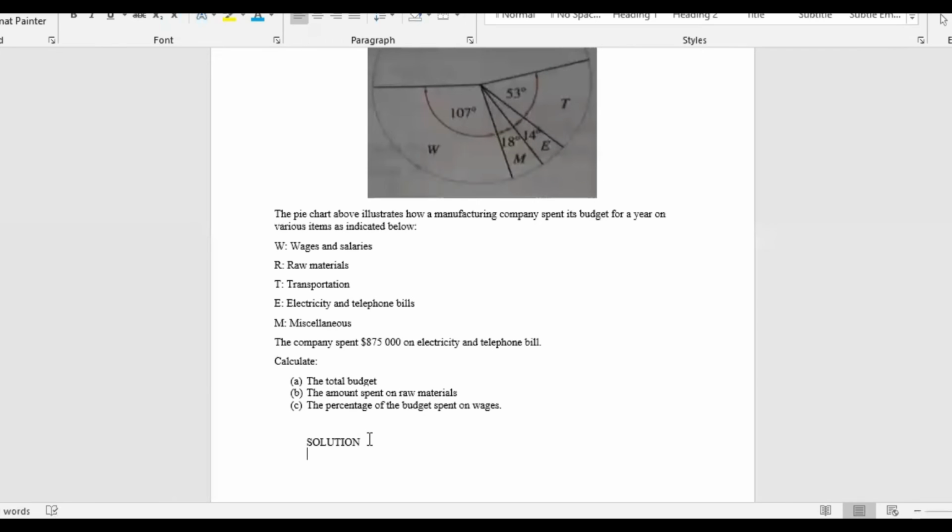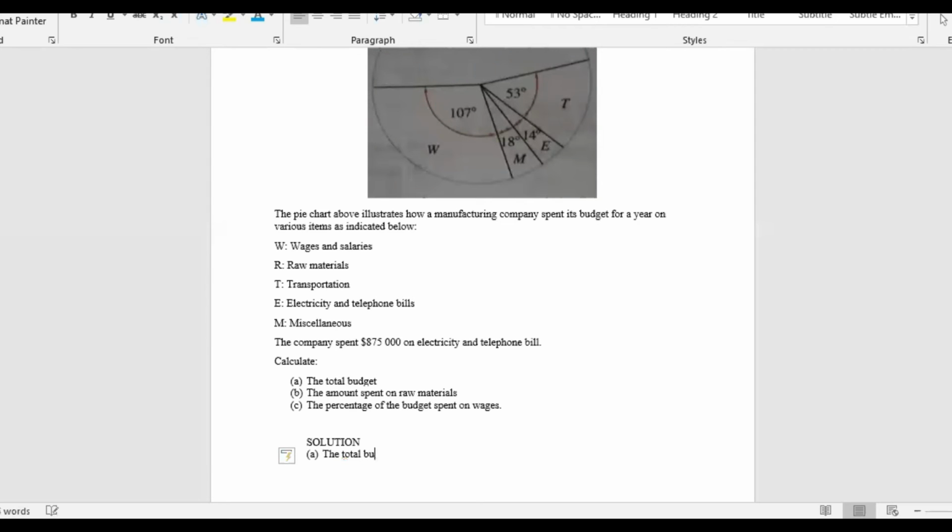All right. Yes, you both are absolutely correct. Now, remember 14 degrees is electricity and telephone bill, and they give us an amount there. So we have to find the remaining amount. So yes, what was said there, you're absolutely correct. All right, it's saying that we have 10 minutes remaining, so we'll have to come back to this just now again. So the total budget,